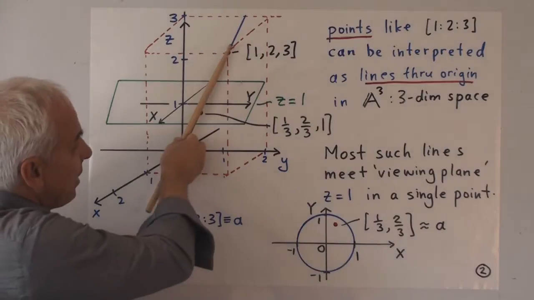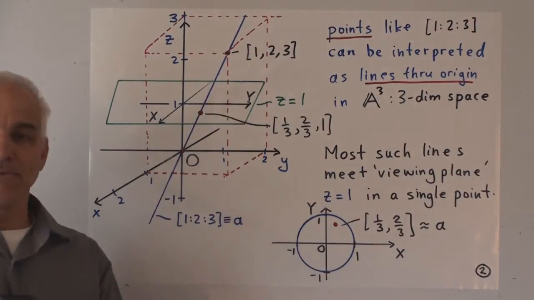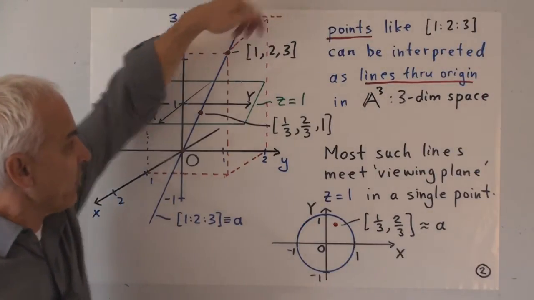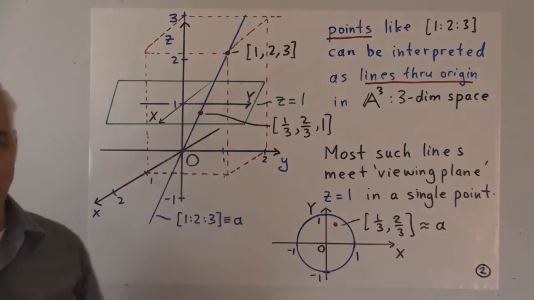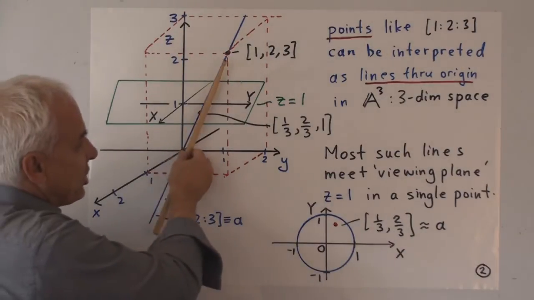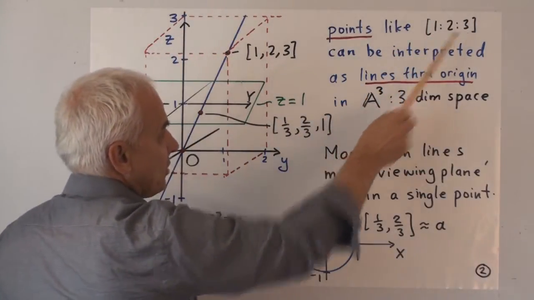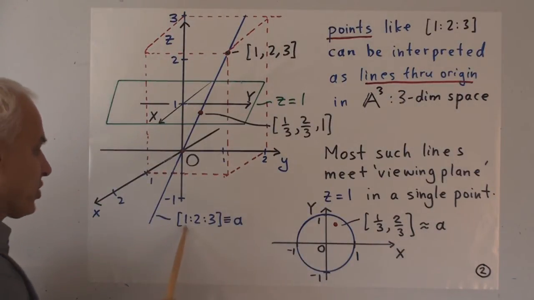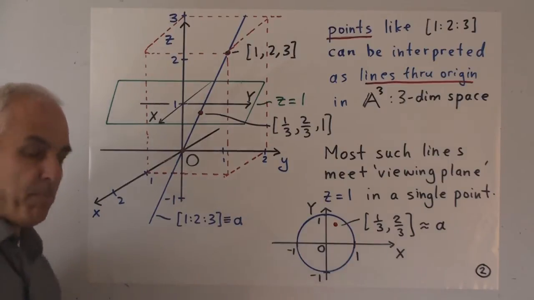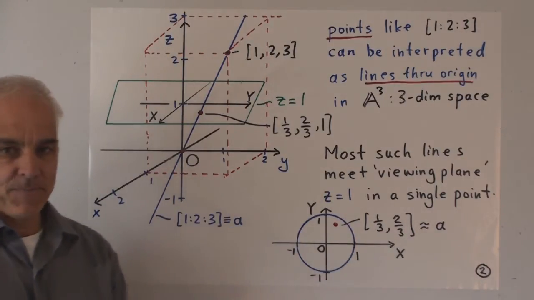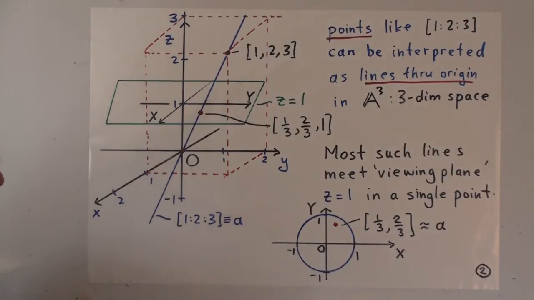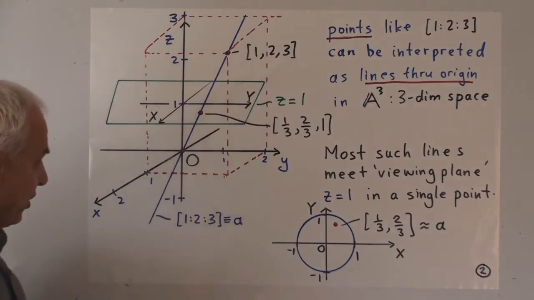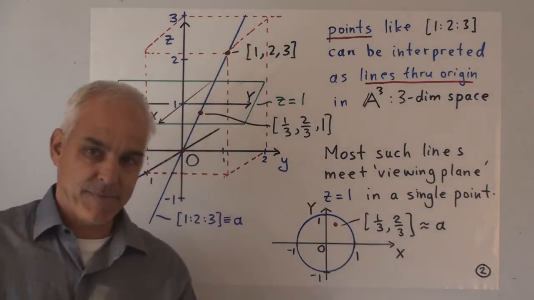Now that line is determined by this point only up to a scalar. If we multiply all of these three coordinates by any factor, we get another point on the line. So in fact, the line is actually determined by the proportion 1 to 2 to 3. And so we can think of the line as actually being the proportion 1 to 2 to 3, the thing that we're calling a point on the previous slide. Well, that might sound contradictory because it's actually not a point, it's a line. So why are we going to call this line actually a point?